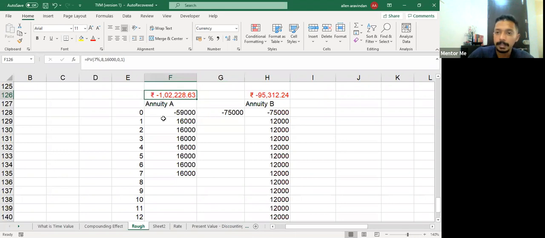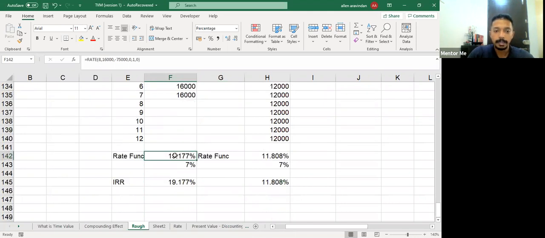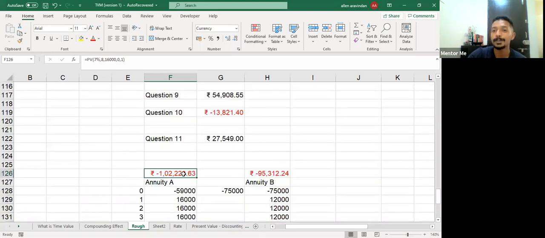So in all the cases, 3 methods we did. Finding the present value of future cash flows, calculating the rate function, or calculating the IRR. The conclusion is same. And that is how even you decide on a business. You just do not focus on returns. Okay. Returns is fine. Okay. Returns can appear to be very high. Okay. But what matters also is the present value of future cash flow, right?